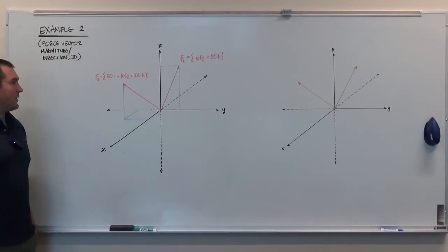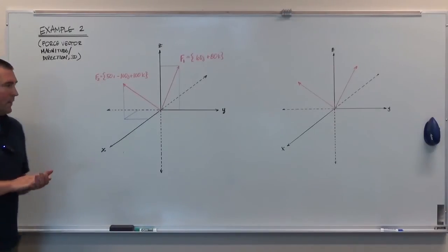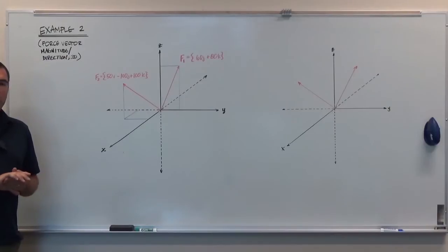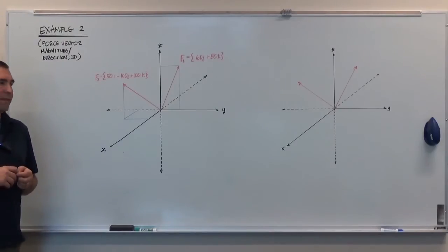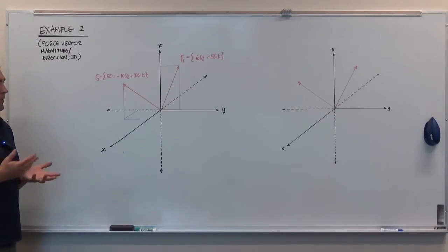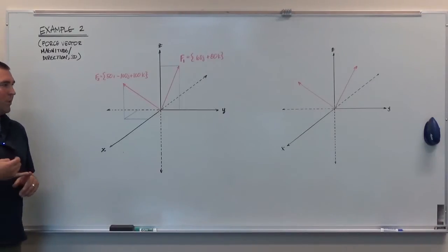So here we have the second example from lecture, and we went over part of this in class, but we didn't finish it completely, and I'd like to go into a little bit more detail on it. So oftentimes we're going to have two or more vectors, and we want to find the resultant for them, and the properties or characteristics of that resultant that we need to figure out would be